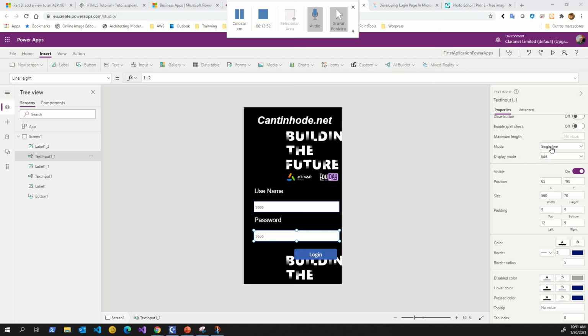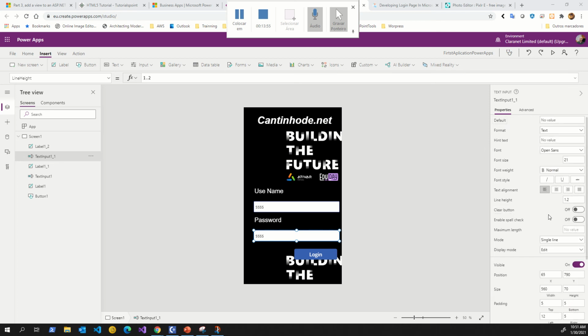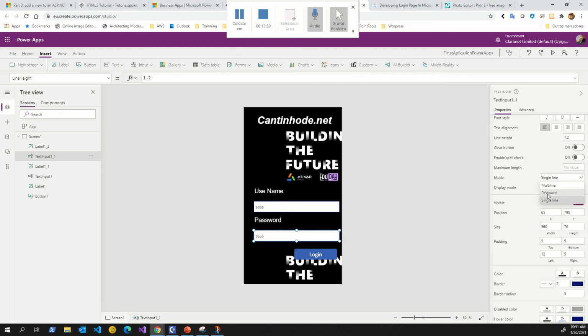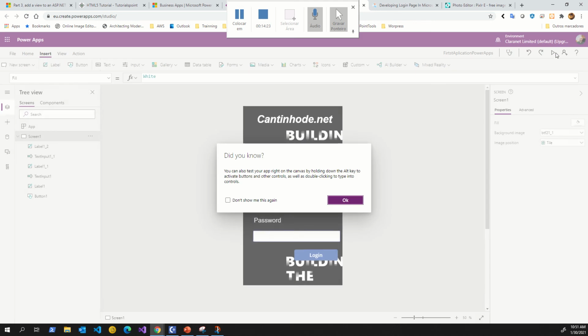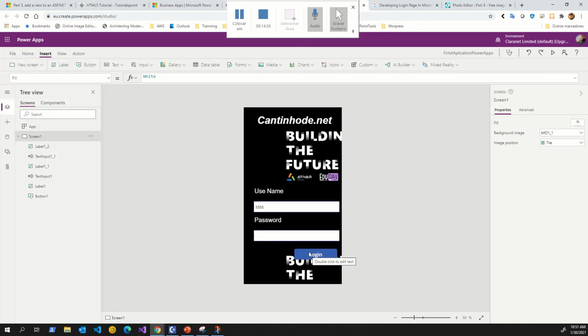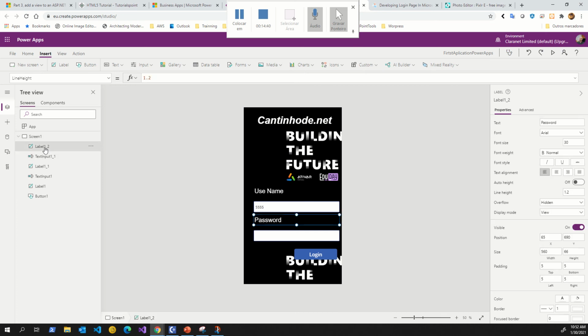So guys, like you see here, in the text box there exists the mode, and the mode password, right? So if we now run the application, this is the password mode, right? So like you see here, it's important to see what kind of attributes and of course the activities you want your application to do. So after that, we will accomplish the next step. If you see here, the names of your controls are a little bit strange: Label 1, 2, Text Input. So the best thing to do